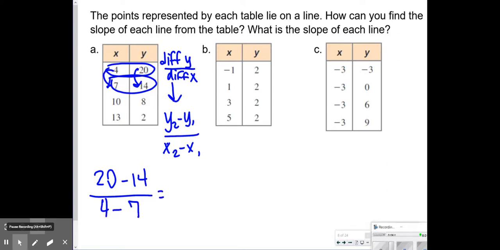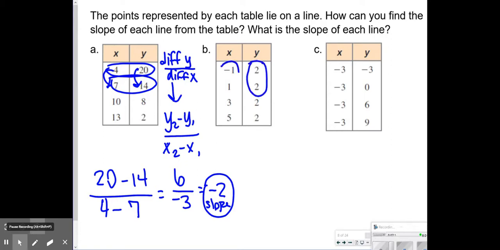Okay? If I subtract 20 and 14, I'm going to get 6. Then I subtract 4 and 7, I get negative 3, and then I can reduce that to negative 2, so this one's slope is negative 2. Okay? So again, if I did this for maybe letter B,